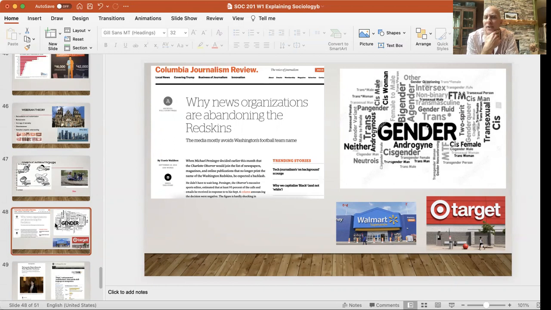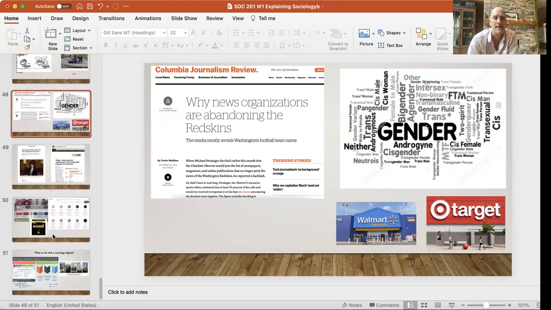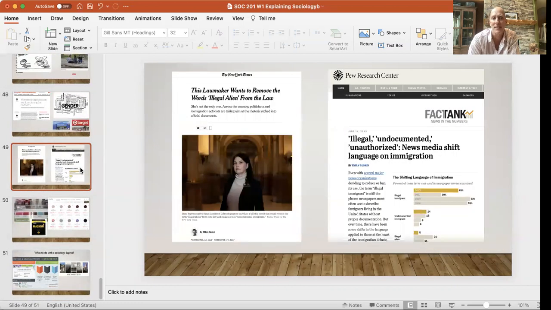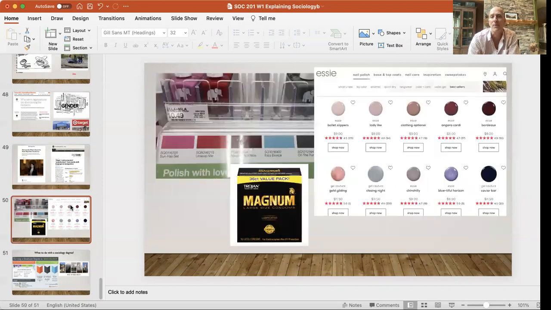Yeah, language around gender, super fascinating. Cisgender, cis male, cis female, bigender, agender, a lot of terminology is much more common today. It's a demonstration that things are shifting and moving in our culture. What meaning do we assign Walmart or Target? It's language and construction of meaning. Words have an influence. The word illegal alien versus undocumented versus unauthorized is a shift in thinking. It's not just a shift in words, but a shift in how we think about members of a particular group and population.